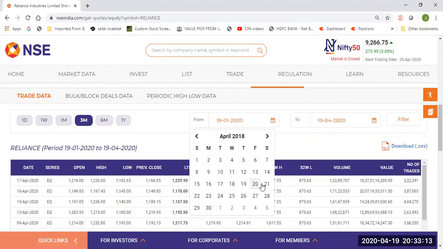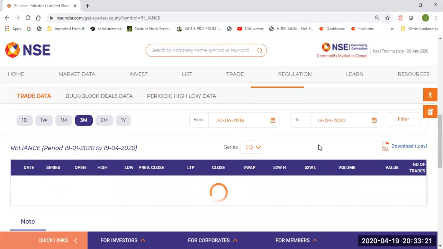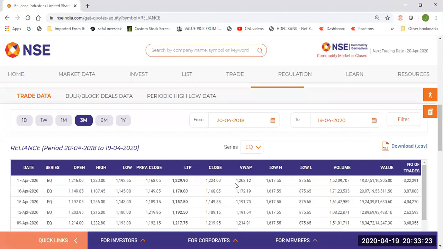So let's say I'm picking the data from 20th April 2018 to 19th April 2020. I just press filter, and this gives me all the cash price data of Reliance Industries.